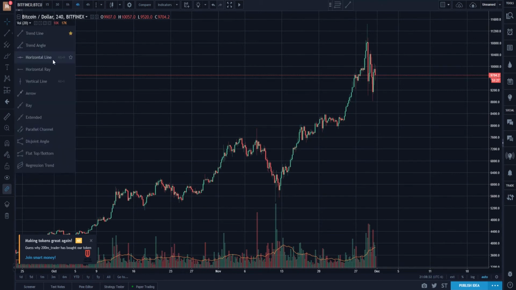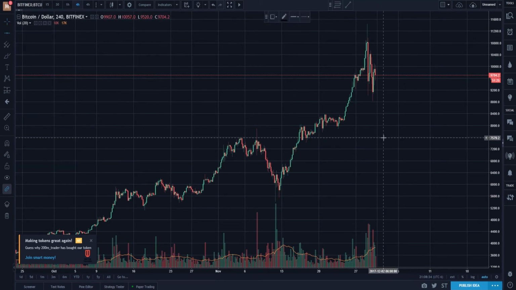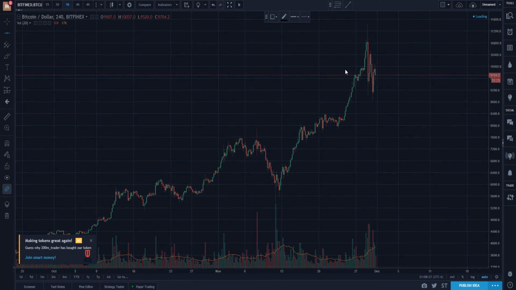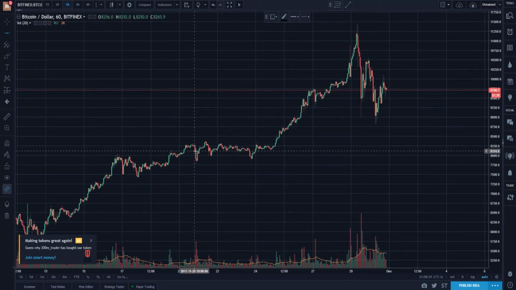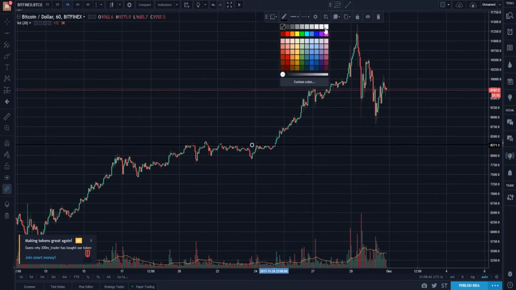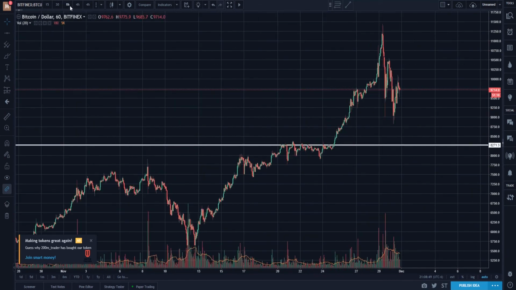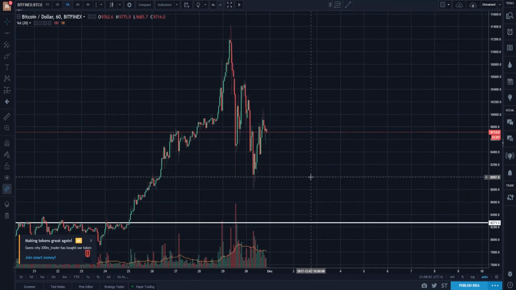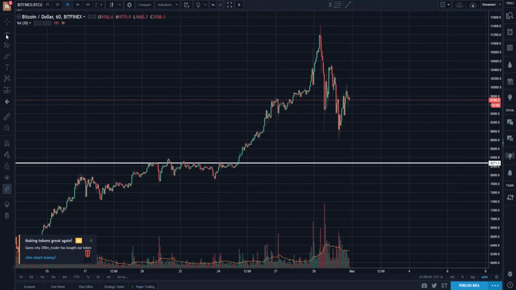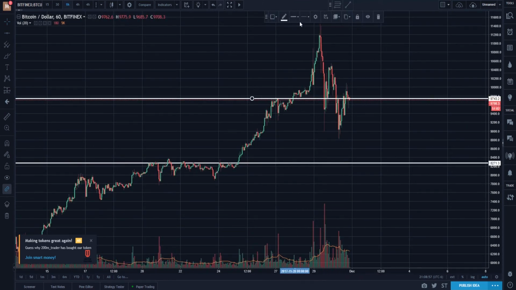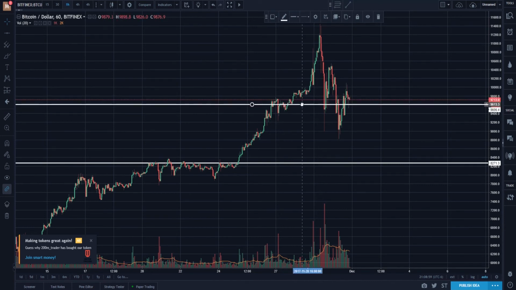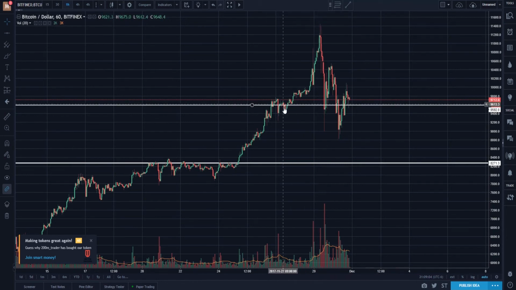One handy way of drawing it is using this horizontal line. So what I'll do is I'll switch to, let's say, a 1 hour, right? And this will give me a short-term resistance. And as you can see, there's a lot of support here. So I draw a line. Let's make that white. So that would be a resistance here for the 1 hour candle. So a fairly short-term resistance. Again, we had support here, so I draw another one around this area here, which the price action is currently at, and I draw this one a little thinner because it's more short term, because it only held here a while, whereas this one held here a long time,